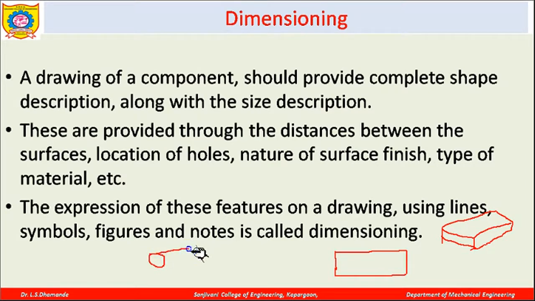or it can be a cylinder also like this, which is viewed from one side. Means if you see this particular cylinder from this side, it will look like a rectangle only. Or if you see this particular plate from the top side, it will also look like a rectangle, or even from the front side it will look like a rectangle. Now what exactly is this component? There should not be any ambiguity in the drawings. So therefore you have to show the complete shape and size description.